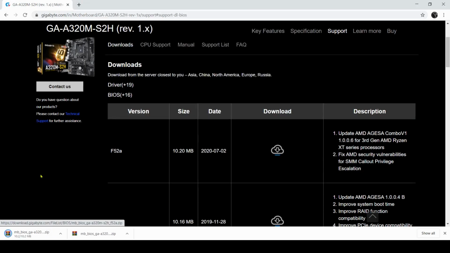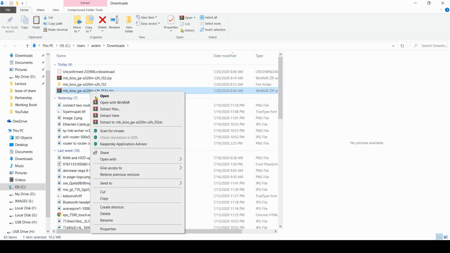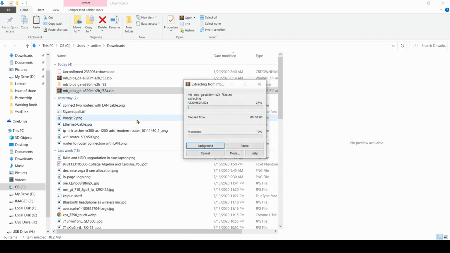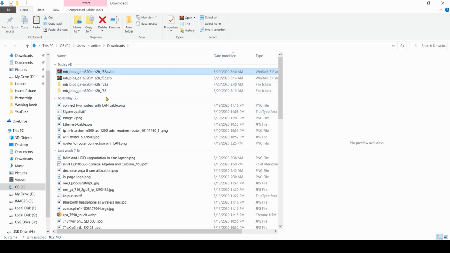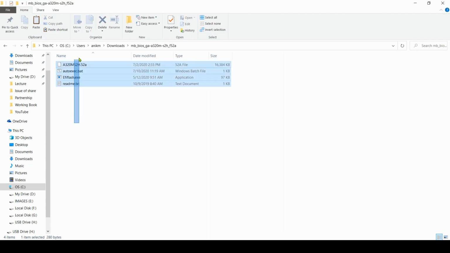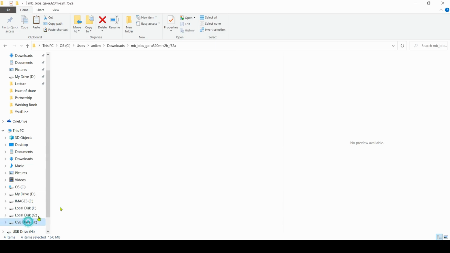The procedure is the same. After downloading, unzip it, and then copy the contents to my flash drive.